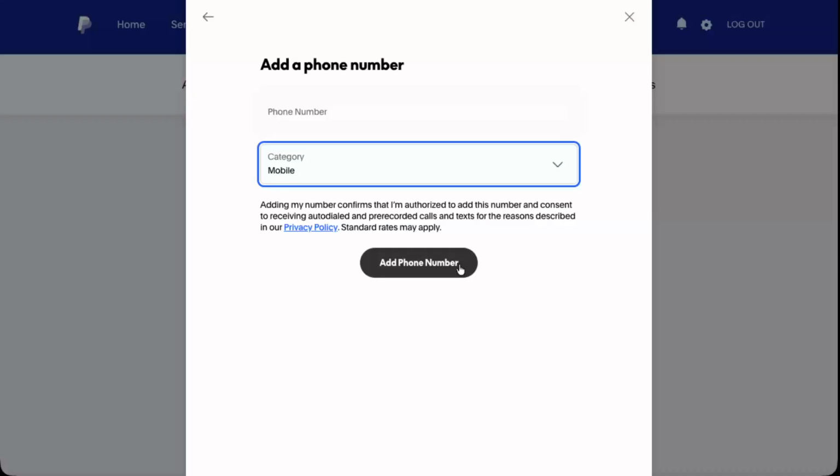Once everything looks correct, find the button labeled Add Phone Number. Click this button to save your new number to your account. After a moment, you should see the new phone number listed in your profile. In some cases, PayPal may ask you to confirm the number by sending a code via text or call, so be ready to complete that if it appears. And that's it. You've successfully